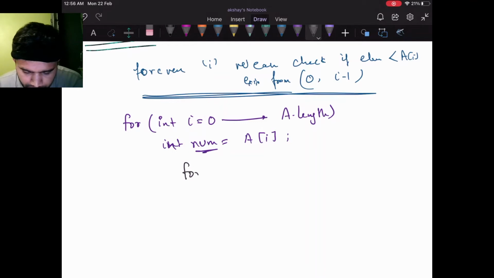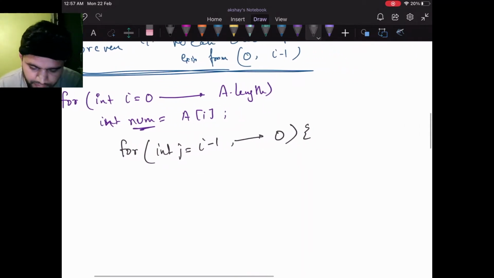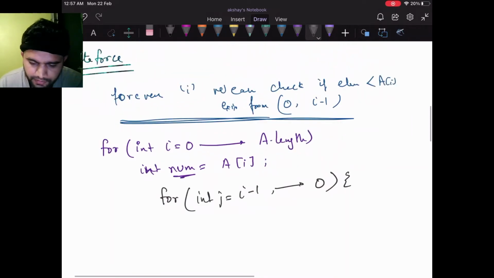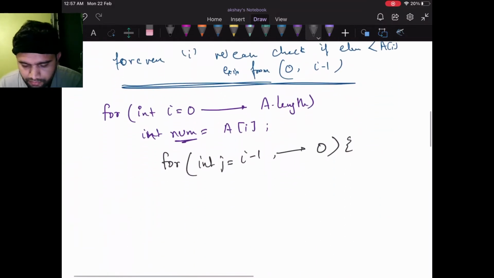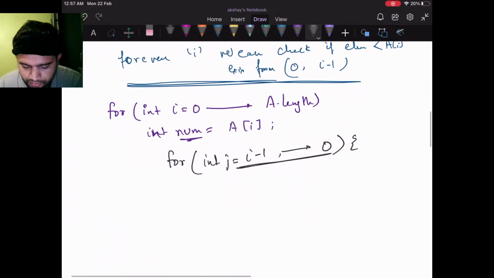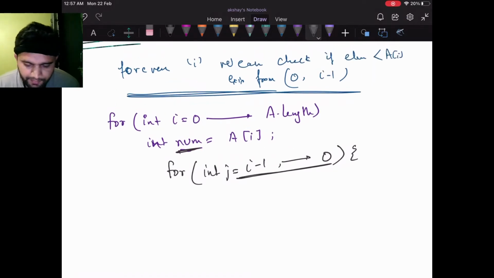For this we can simply write int j equals I-1 down to 0. We are going in reverse direction because we want to find the immediate smallest element, not the one beyond. So the moment we find the smaller element for this num, we can append it to the result and break this loop.